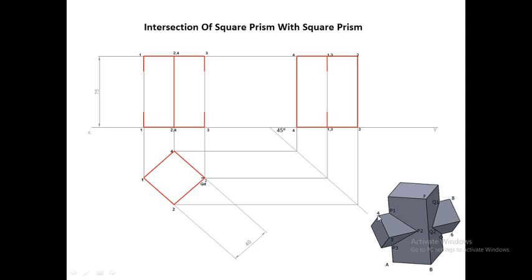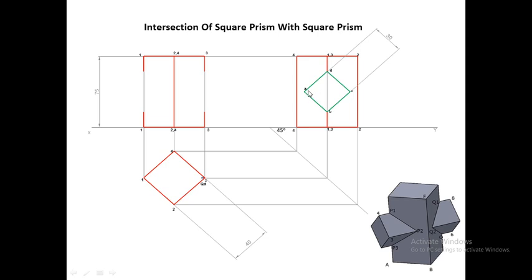So we will draw a square. So we have drawn a square in the form of a kite. This condition is nothing but a condition in which all the faces of this square prism will be equally inclined to HP. Now we will mark the corners one by one. So the side is 30 mm. Corners are marked as A, first point A, second point B, third point C, and fourth point D. Now we will draw the top view and front view of this horizontal square prism.